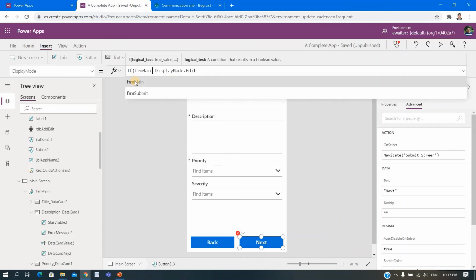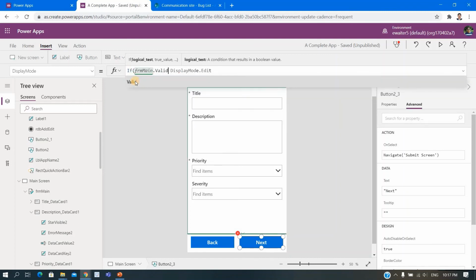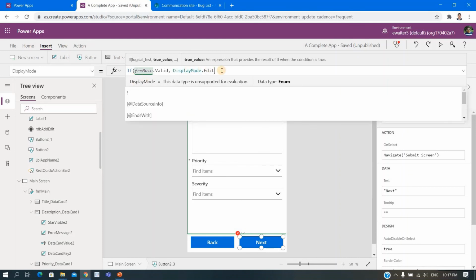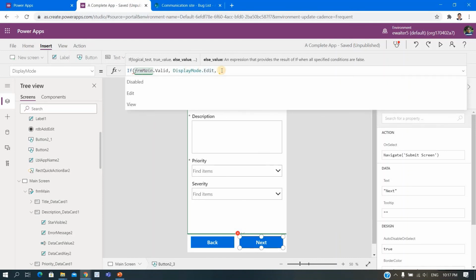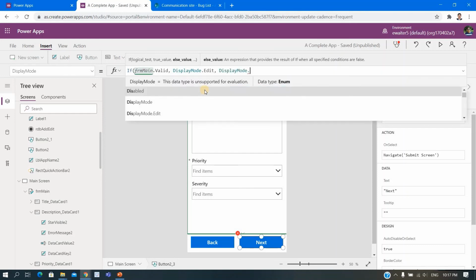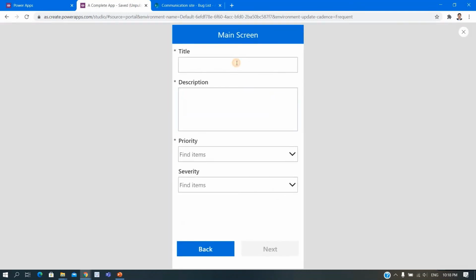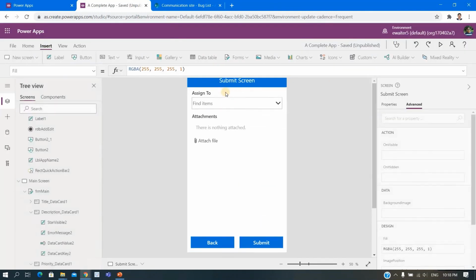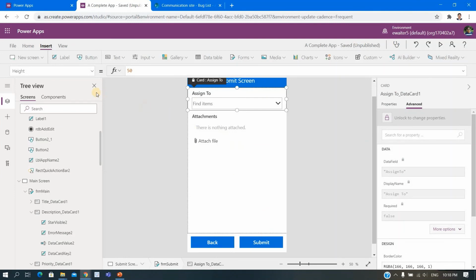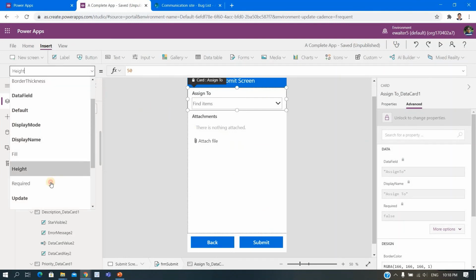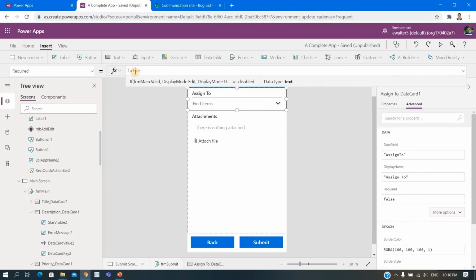If frmMain.Valid, display mode, otherwise view mode. Like this. So until I'm putting something, it will not allow me to submit. Here you can do the same thing. What I'll do, required here. So now